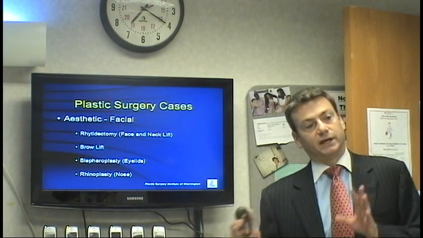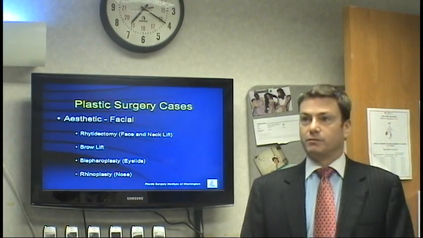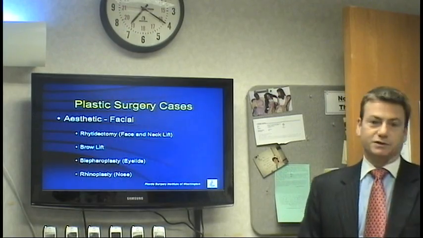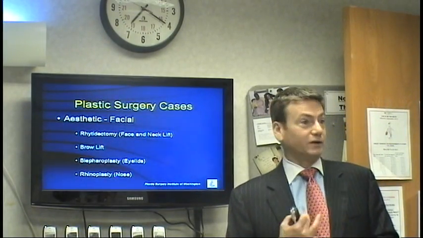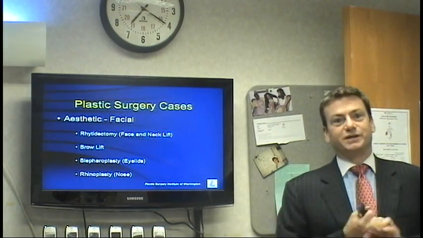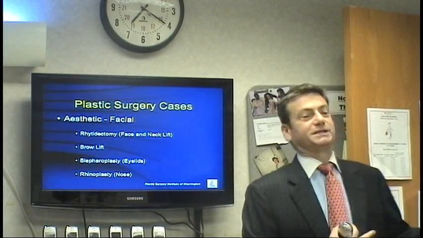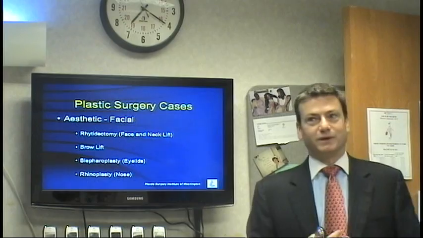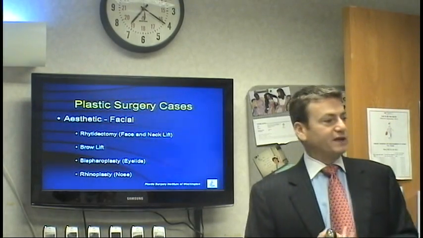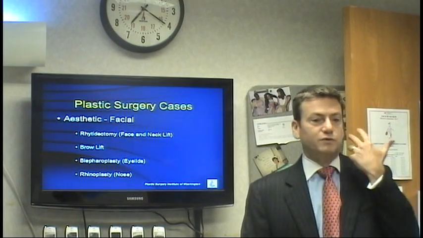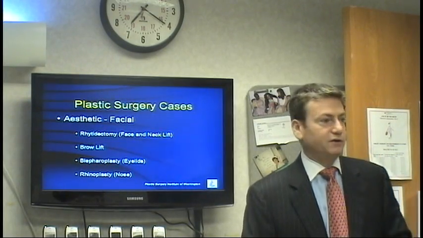So this way, if they get it all done at once, they tell people they went away for a month and they come back looking refreshed, and that's always a common thing. Personally, I tell patients to get their hair colored, change their glasses, change something else about themselves, so when people see them, they'll say, oh, something's different, I'm not sure what it is, and then they'll jump on their hair or their glasses. So facelifts essentially will remove or tighten the extra skin that you have here, but it is